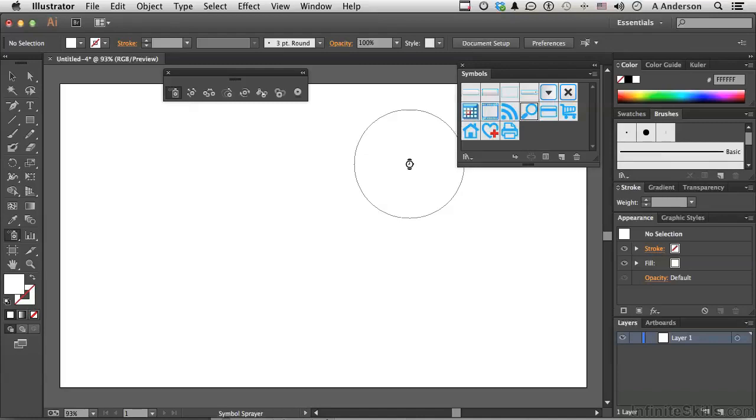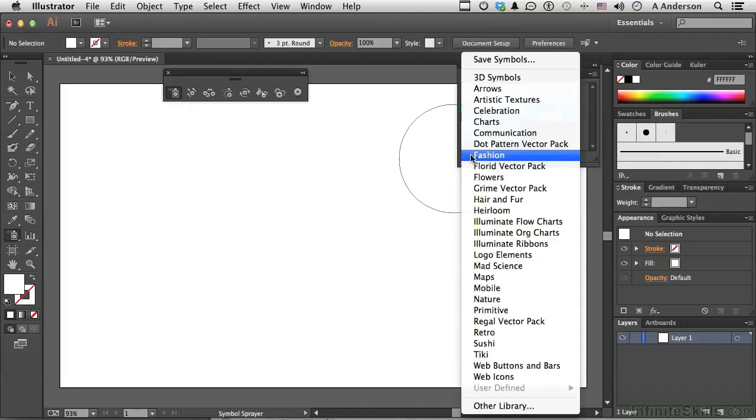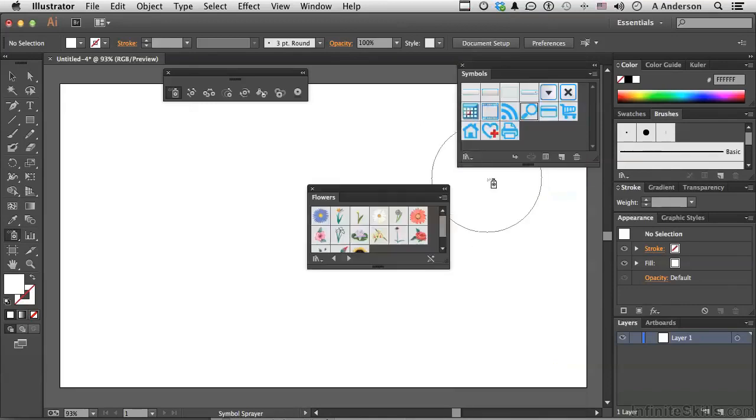I need more than this, okay? I need more symbols. And Adobe's got your back here. If you click the library button right here, you get all kinds of things. Hair, fur, grime vector pack, flowers, florid vector pack. Let's go to flowers. Let's just be conservative here. In the flowers right here,